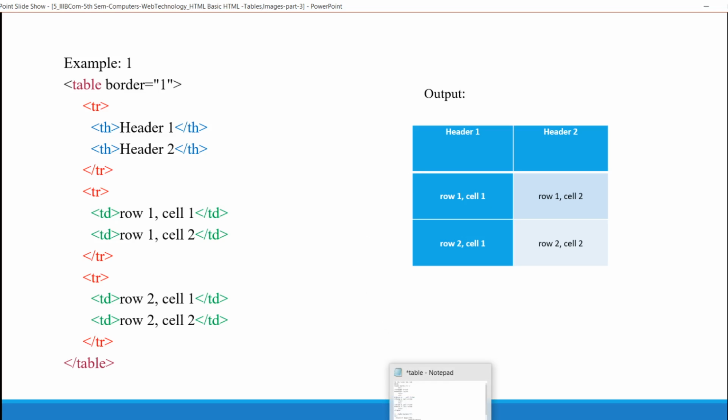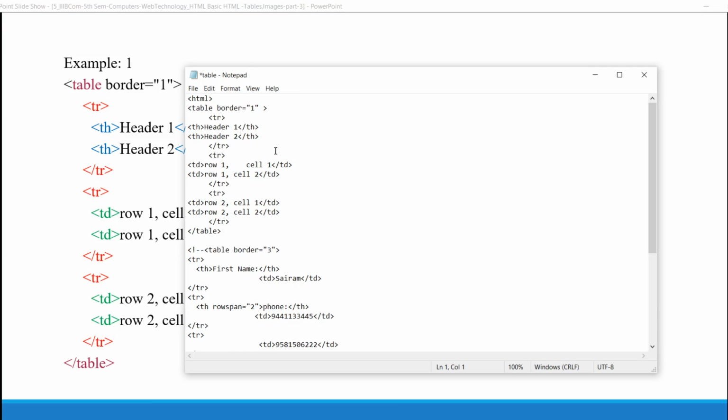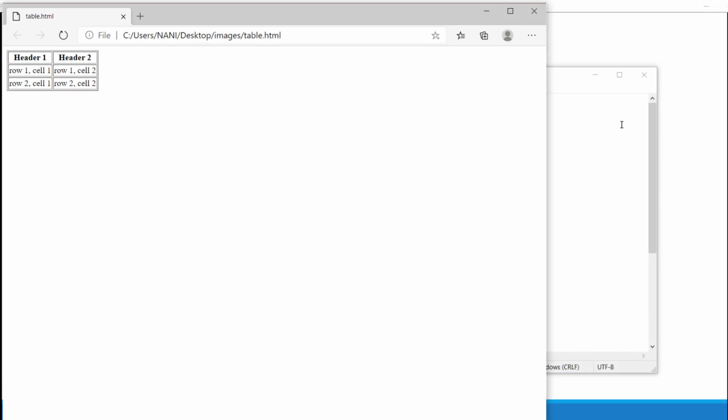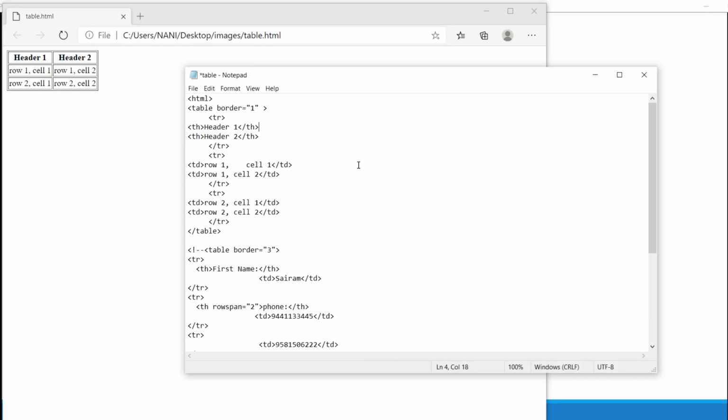Let's see the example in our running environment. This is the program. The output of the program is this. The table attribute is border.